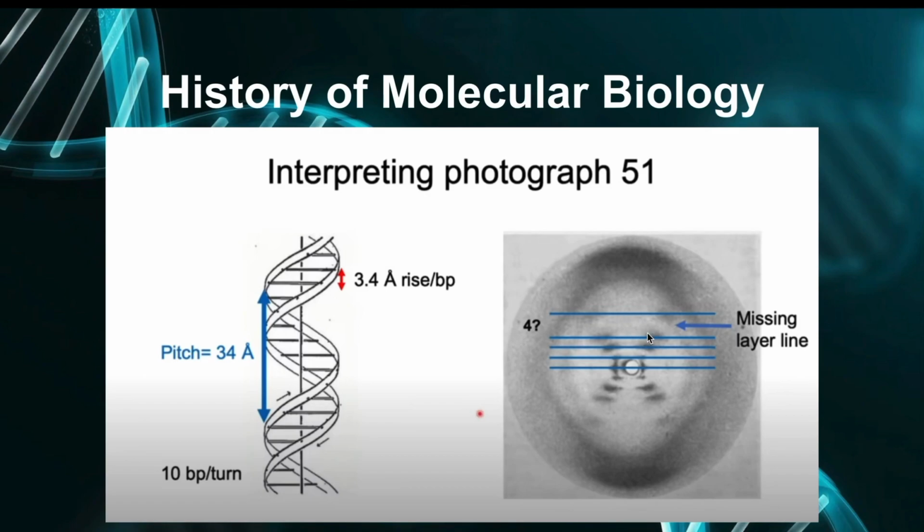Now, if we look closely at these layer lines, you actually see that there are missing spots on this fourth layer line. So class, may missing na spots dito kasi dapat 'di ba itim to. But in this case, pale siya or white. So, ano ibig sabihin niyan? The missing line tells us that there's more than one strand wound around one another, and that those strands are not symmetrically placed, so they're asymmetric. Then that was the clue that there are major and minor grooves in the DNA. Dito class, ito yung mga grooves na tinatawag.